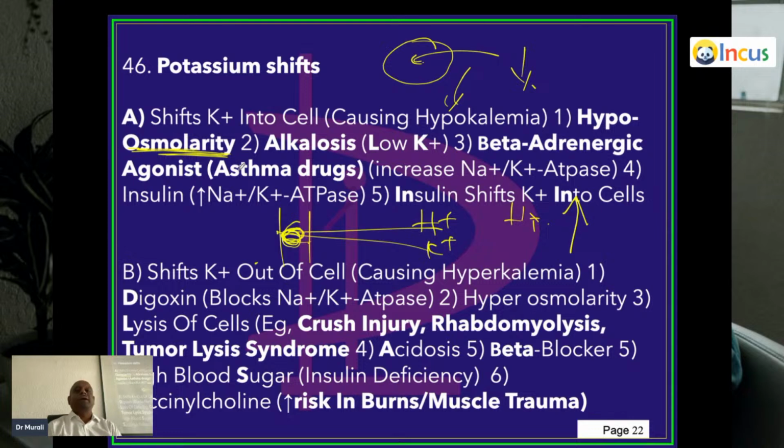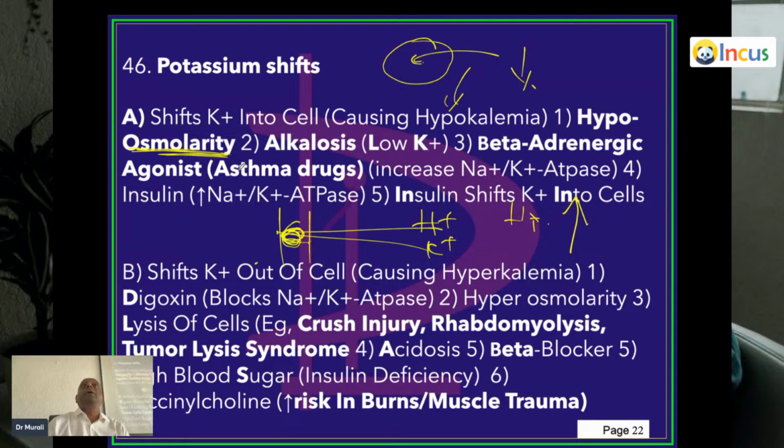So doctor, asthma drugs typically lead to hypokalemia. Then insulin. Insulin, you thought only will cause glucose to enter into the cell. It will not only cause glucose, but also it will cause potassium to move into the cell. That's the reason anybody receiving insulin is at a risk of developing hypokalemia.